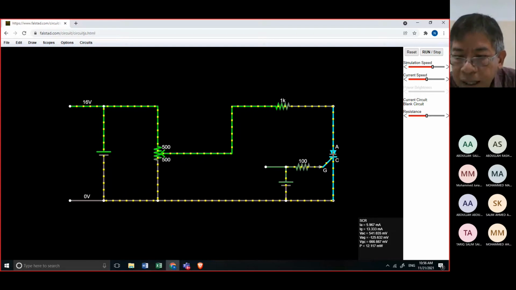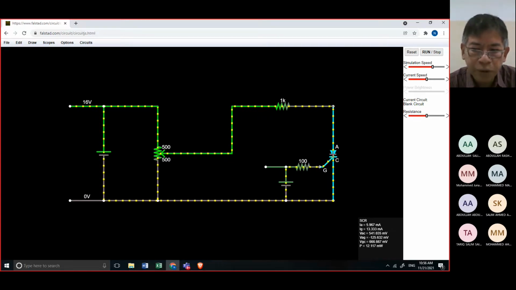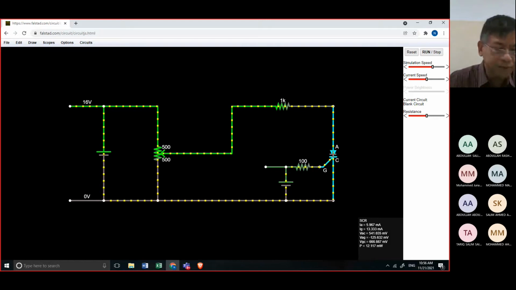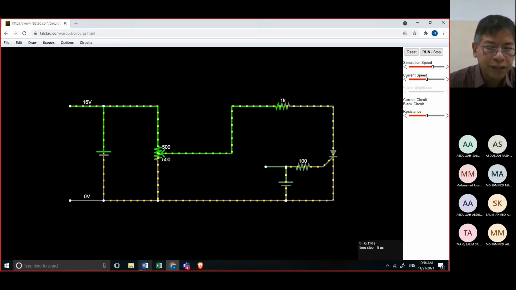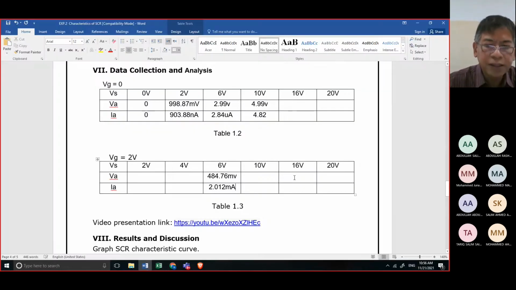So the answer here for 16, you have the current A as 5.967 milliampere. Okay, then at voltage AC, you have 541.035. So I will write this one so that you have a reference that you are following the correct task. At 16, what is VA?